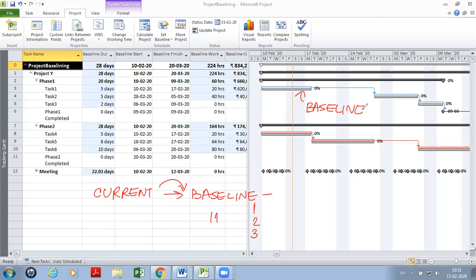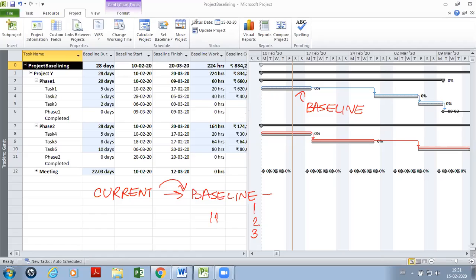As the project progresses and you update the project data, the blue or red horizontal bar will show the changes, but the gray bar will not move at all. The gray bar will remain wherever it is.